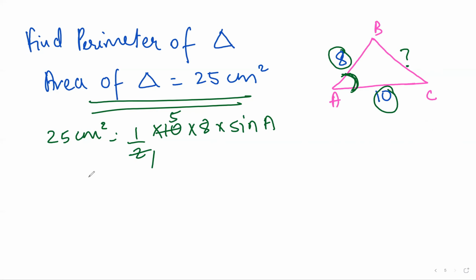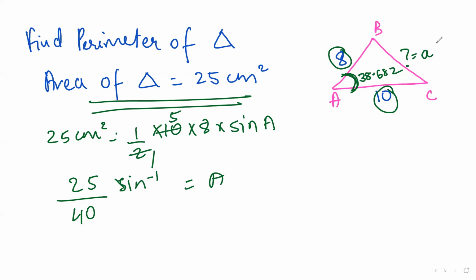Correct? So what you will be doing, 25 divide by 40, not into sine inverse, you will be just taking sine inverse is equal to A. So just do 25 divide by 40, sine inverse is A, which is 38.682. So I got this as 38.682, right? I have got this as 38.682. I want to find this BC. So opposite to this 38.682 is my BC.